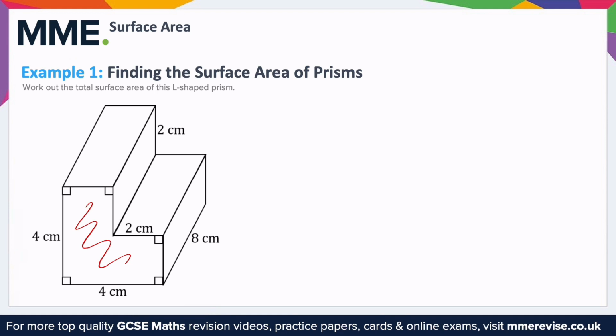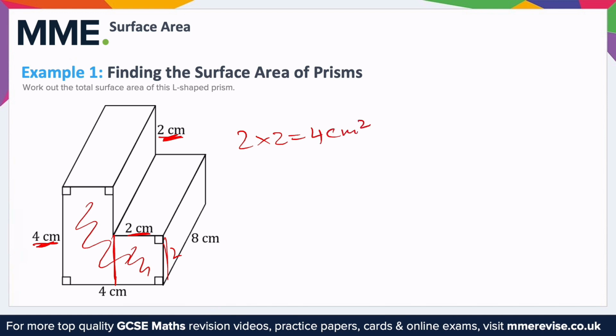To work out this area, the best thing to do would be to split it here. So then this becomes a square. I know this is a square because this side is 2. The total height is 4, and I know that this little bit is 2, so this side must also be 2. So this is a square. So to work out the area, just do 2 times 2, which is 4, and that's going to be in